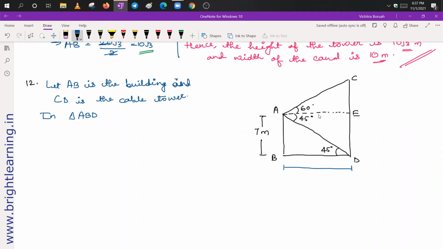And once we get the length of AE, we can easily find the length of CE. And similarly, we can find the length of ED. And next, we will just add these two lengths. So in triangle ABD, that is in this triangle,